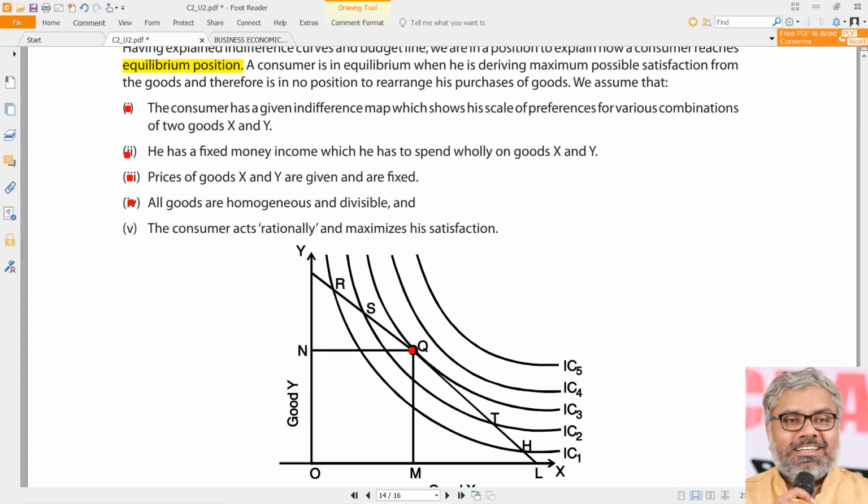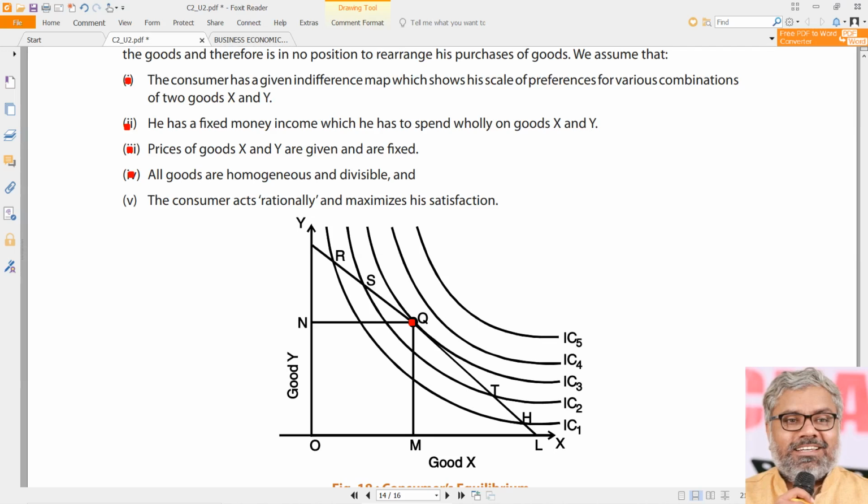And all the goods are homogeneous and divisible. That is another simple assumption, because if they are not divisible, then it will be difficult to have a common point between the budget line and the indifference curve. So they are divisible and they are homogeneous also. So we are not talking about one commodity with some type of expression and another commodity with a completely different type of expression. When we are talking about chocolates or pens, the chocolate is homogeneous. We are not talking about a 10 rupees chocolate, a 5 rupees chocolate, a big chocolate, a small chocolate. No, all chocolates are the same type. All pens are the same type.